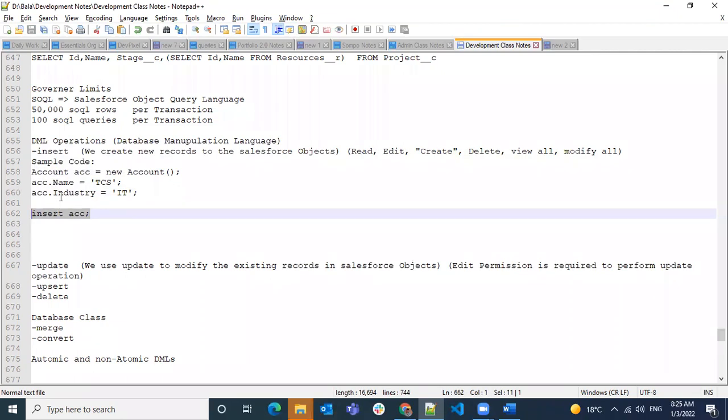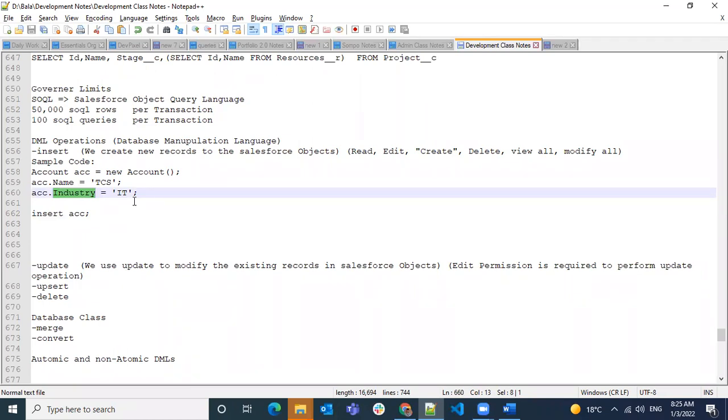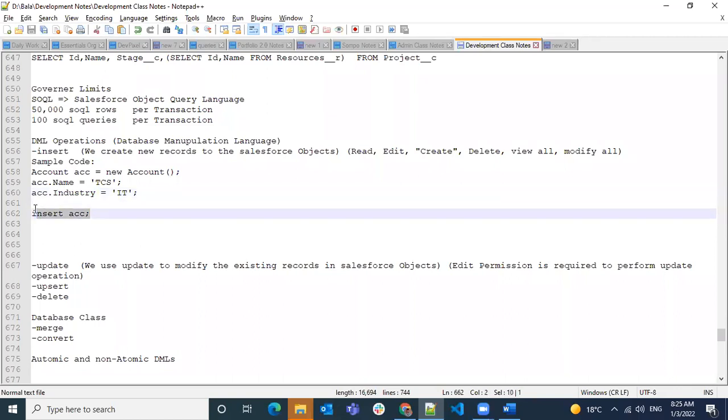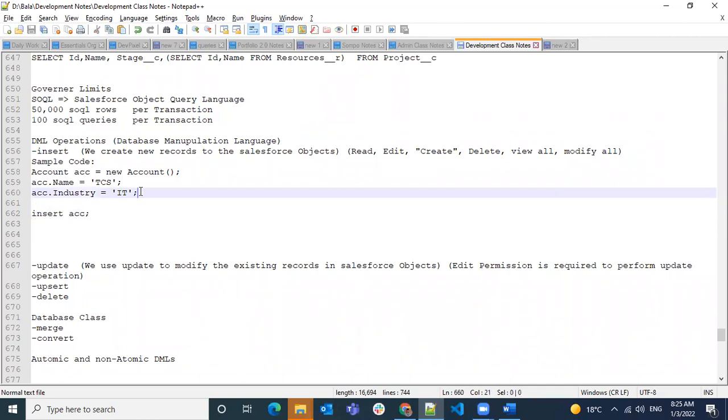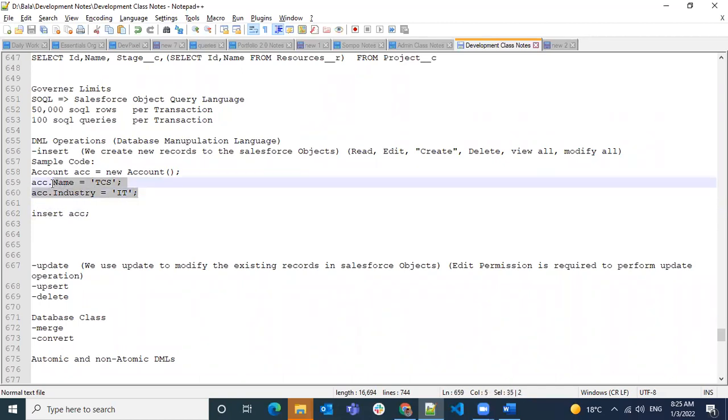You have to go to the fields and assign values to them. Or if you have validation rules, they will also fire when you do this insert operation. So before inserting, make sure you are giving all required fields and that the data satisfies all the validation rules.